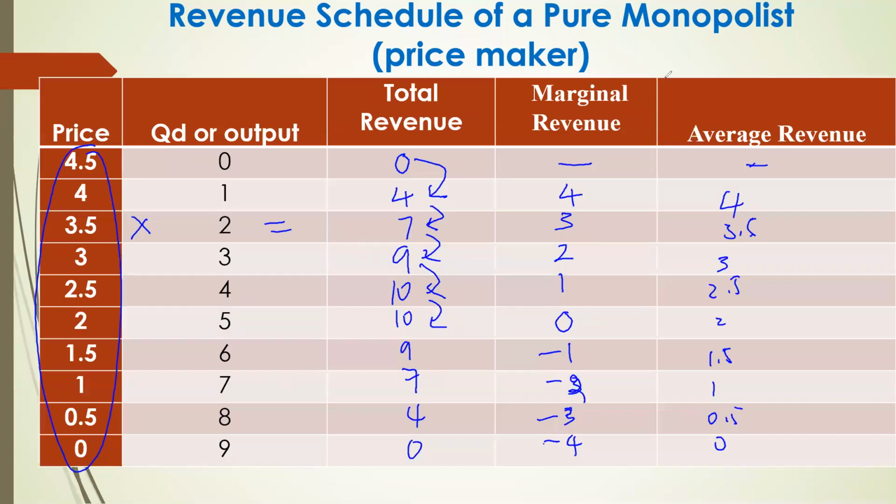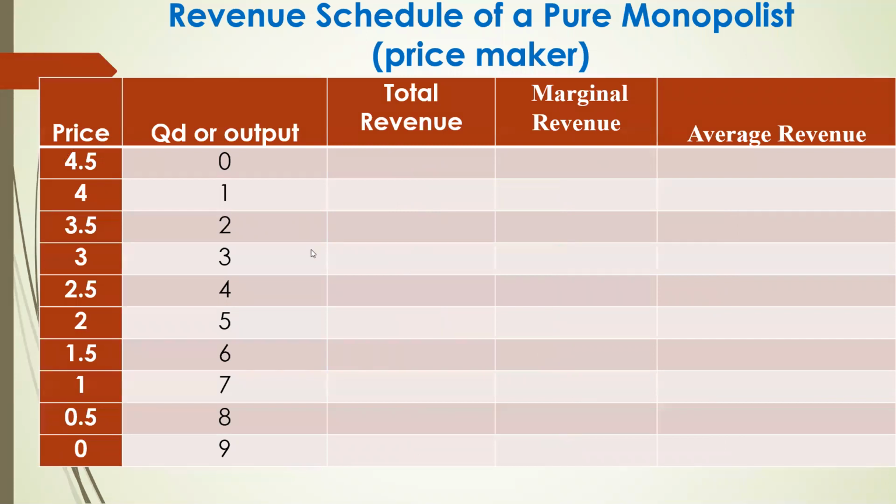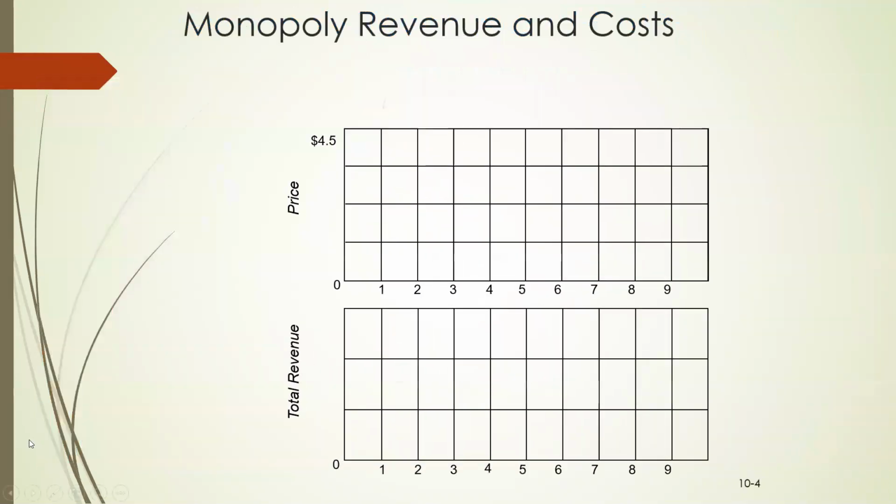Now let's use these values actually to draw the curve. Okay, so when you are drawing the curve, if you use these values, you can see total revenue will be actually going up first and then starts to decrease. That means U-shaped curve. Marginal revenue is always decreasing and also goes to negative. Average revenue is simply downward sloping. Now let's come to the next slide here to see those graphs.